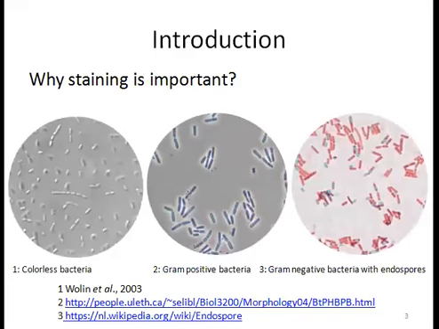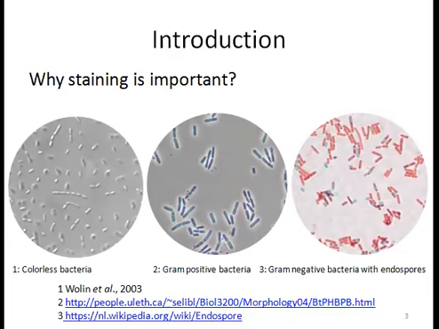First of all, I will introduce the topic. Why is staining important? Most of the cells and microorganisms that we observe under the microscope are colorless. This makes it difficult to detect important cellular structures and their distinguishing characters without artificially staining these specimens. There are certain techniques involving stains to observe such specimens.